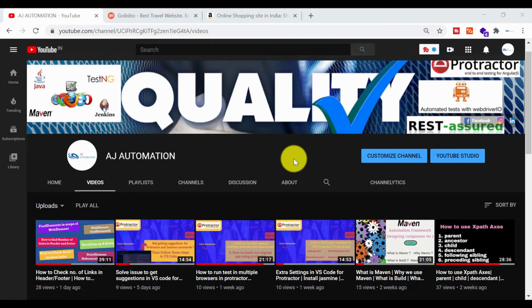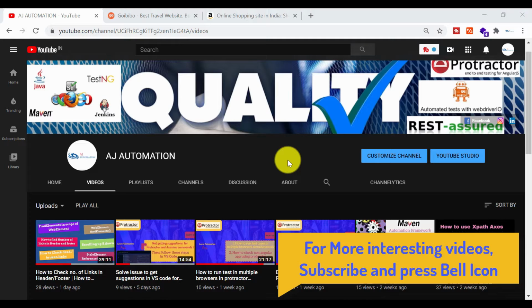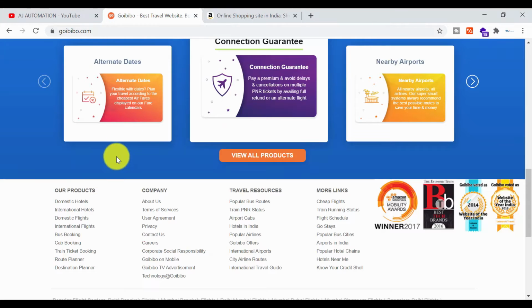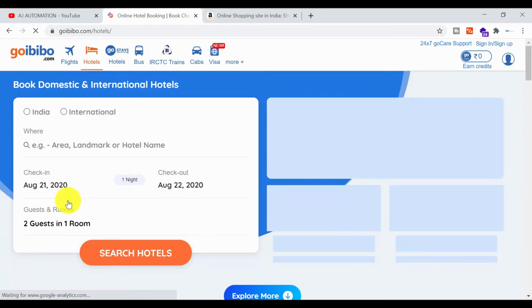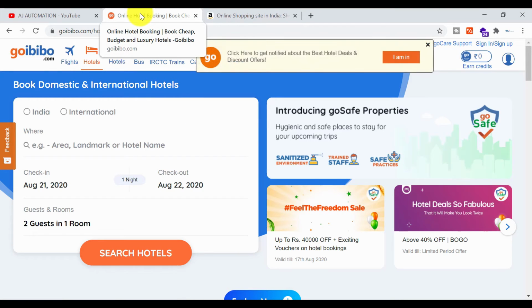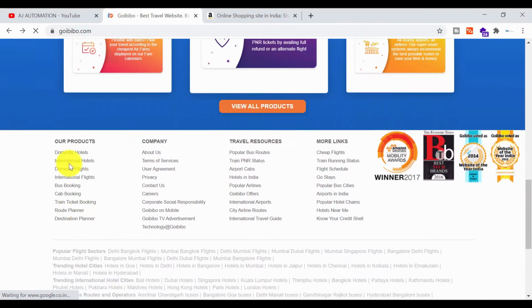So this is the next video in the Selenium series, and in this video I am going to show how you can check the dead links or broken links on a web page without opening those links on the UI side. In the previous video, we found these 9 links first, and one by one we clicked on each link and used the getTitle method to get the title, and we verified that if the title does not contain 404, that means it is a valid link. And if it is correct, then we navigated back and checked the next link.